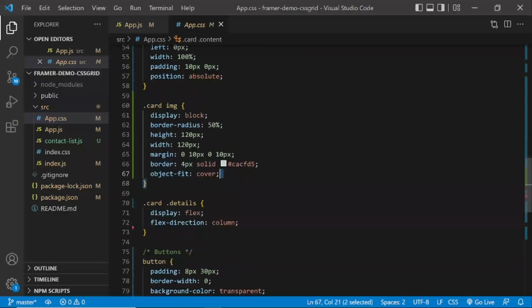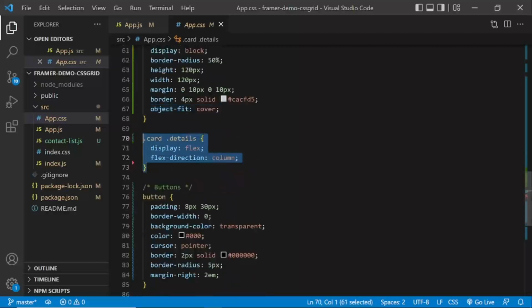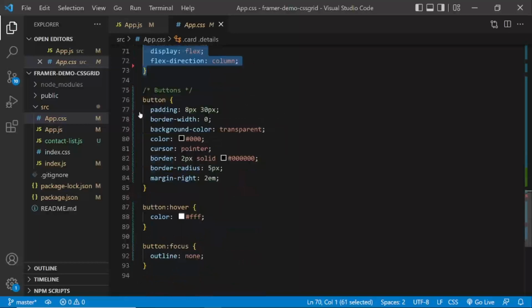We've got this image style, and all we're doing is having a height and width of 100 pixels, and giving it a border. We're giving it a border radius of 50%, so it's a circle, and we're doing an object fit cover, so it's nicely resized. Then we've got the card details there, and some button styling, just general button styles.